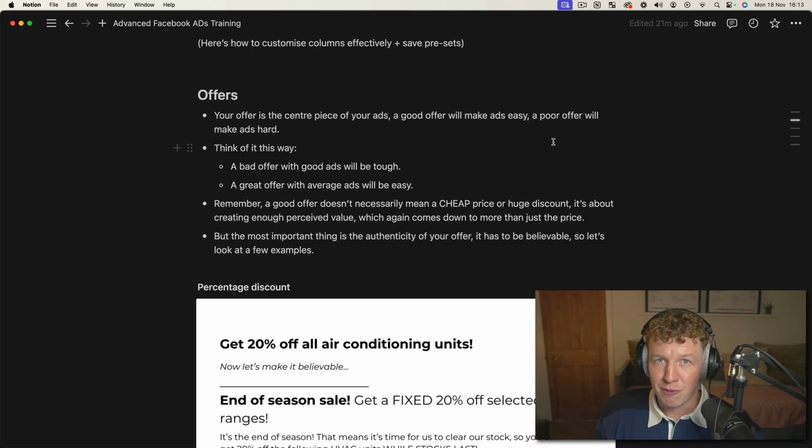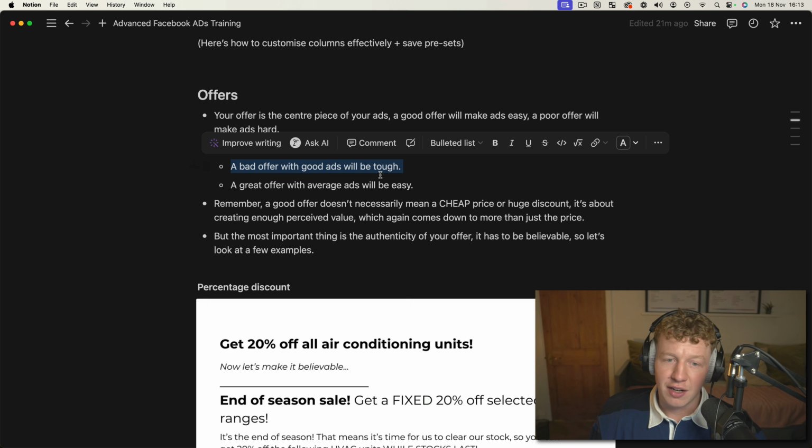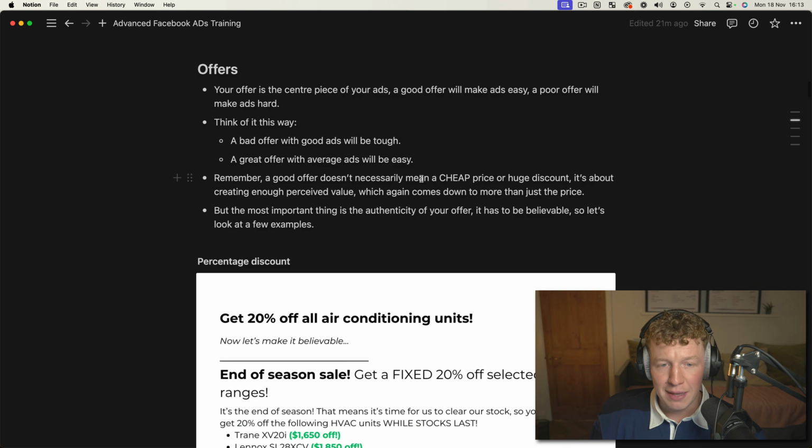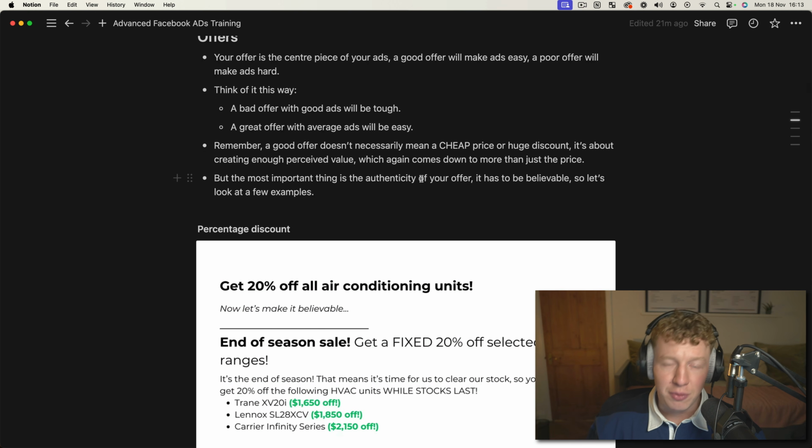We've all seen those ads before, and that comes down to the fact that his offer is good, and therefore his kind of limited ad knowledge is saving him, right? So let's take a leaf out of their book. The sort of Chad approach, if you will, is to just have a good offer and let Facebook run its course. And so that's why when we go back down into creatives later on in this video, we're going to